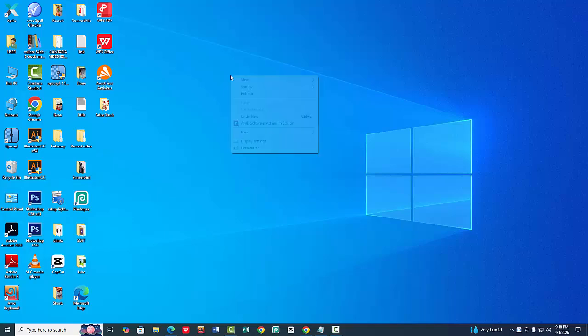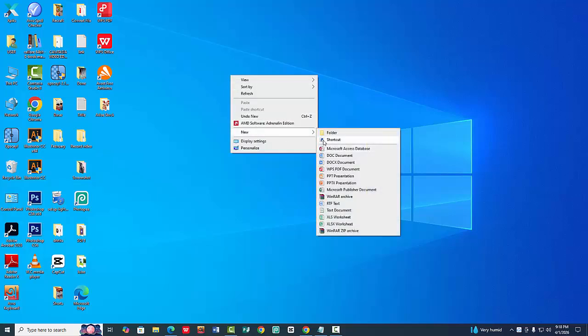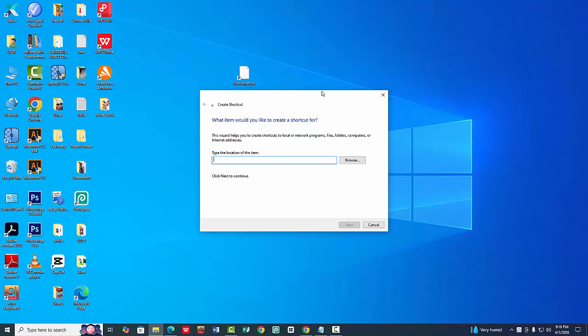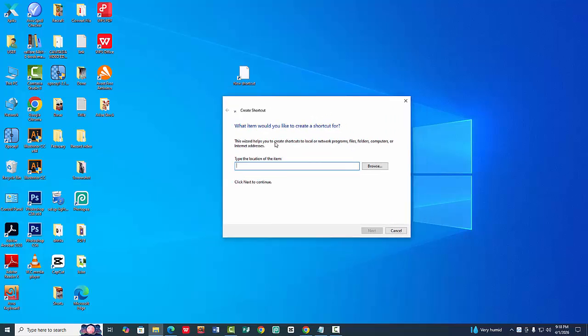Now, to create the shutdown button, click the mouse right button. Now click the new option and select shortcut. Now select the new interface. Now type shutdown